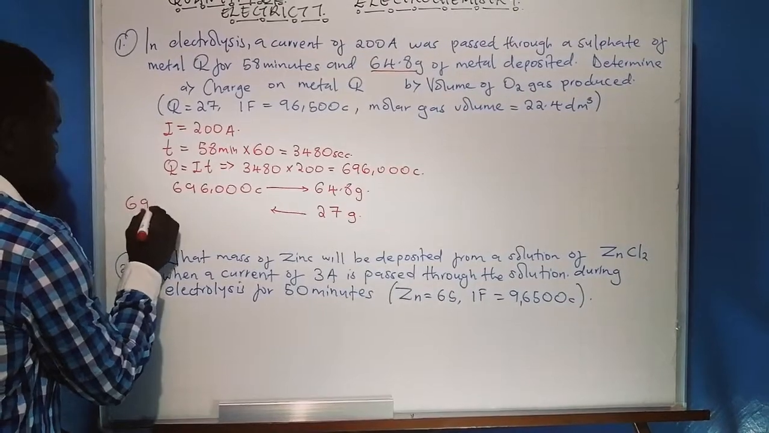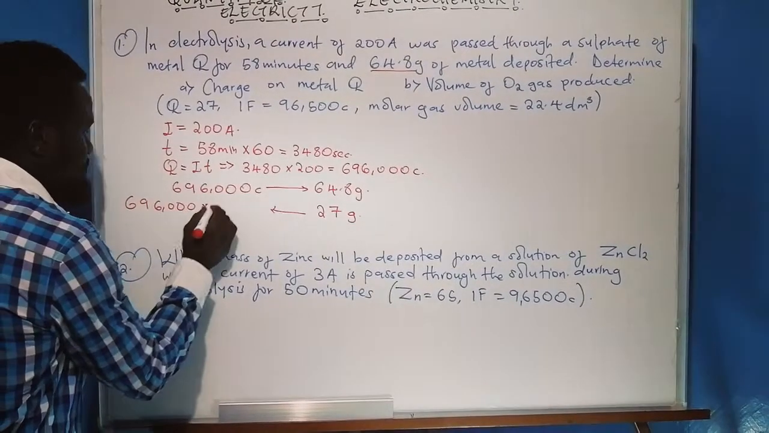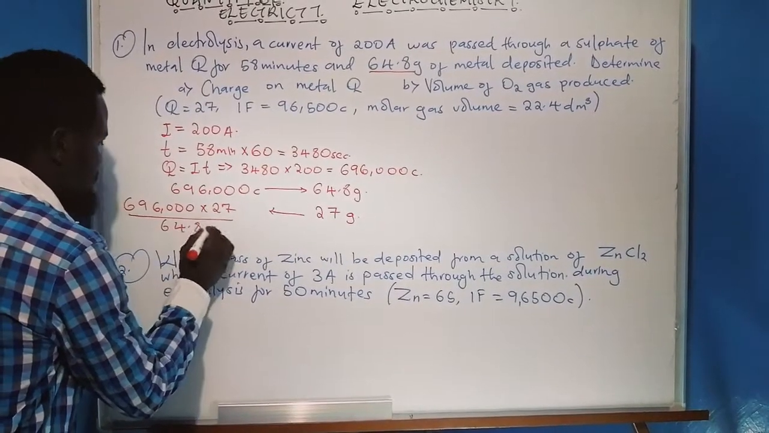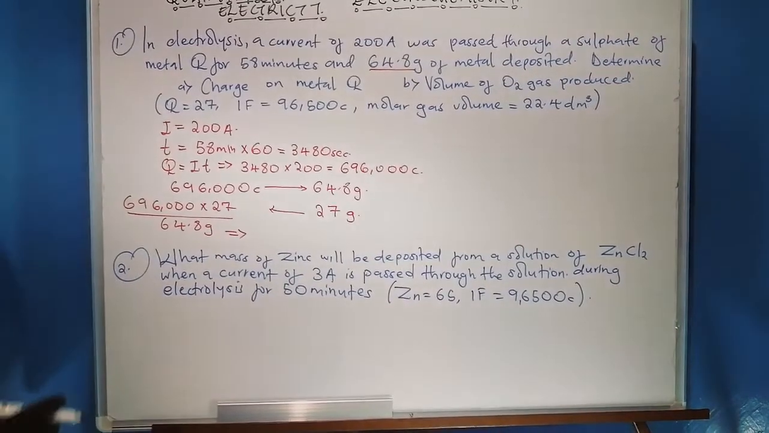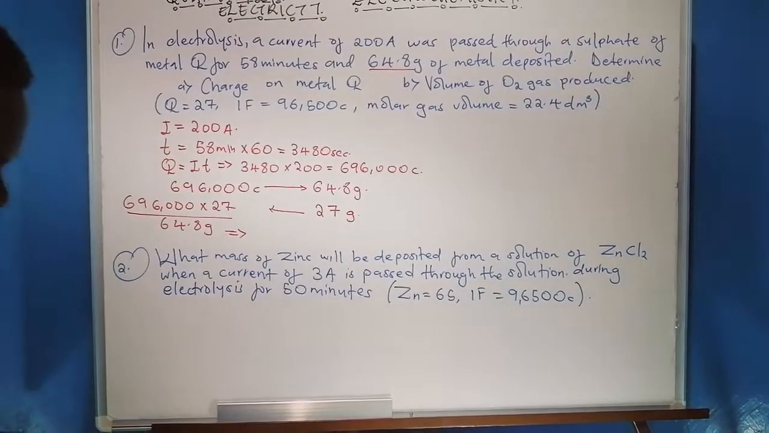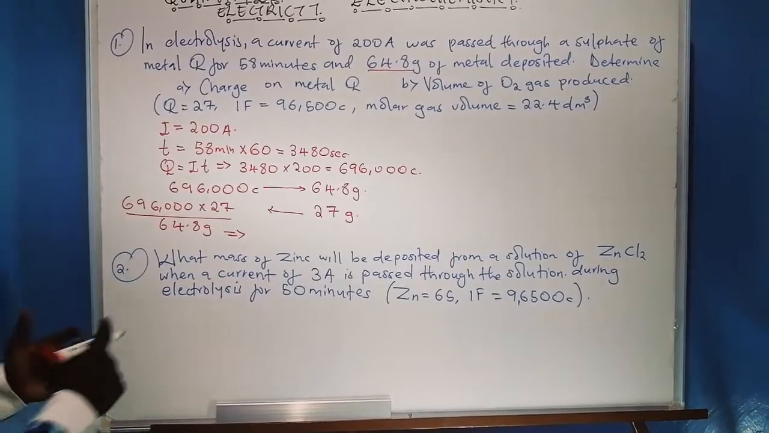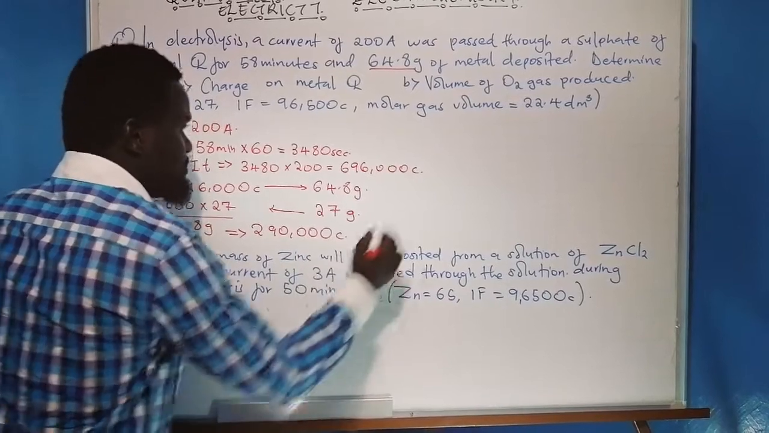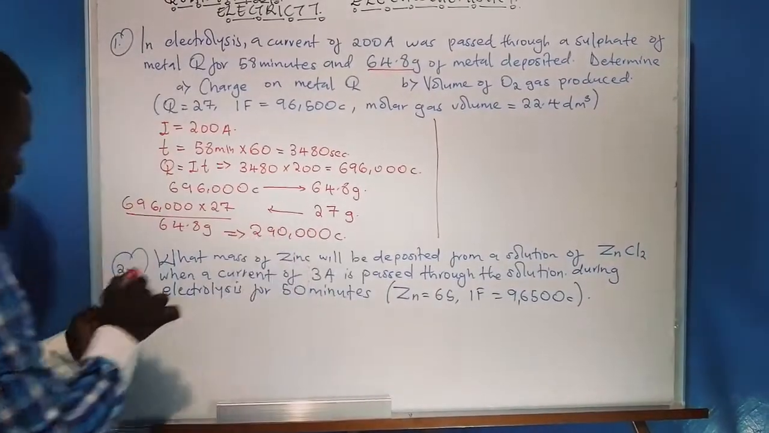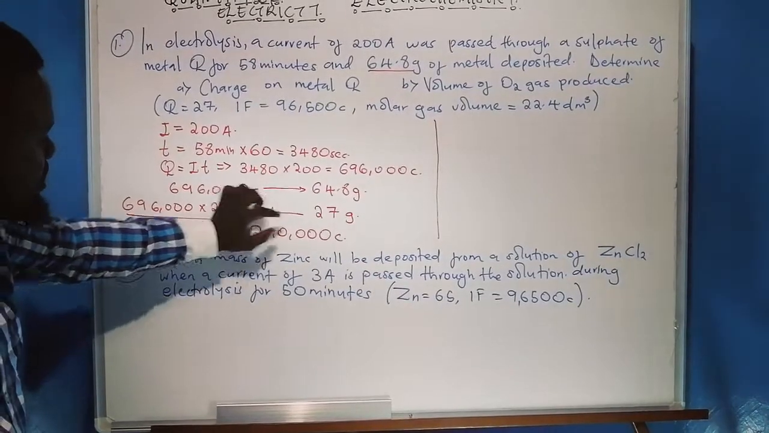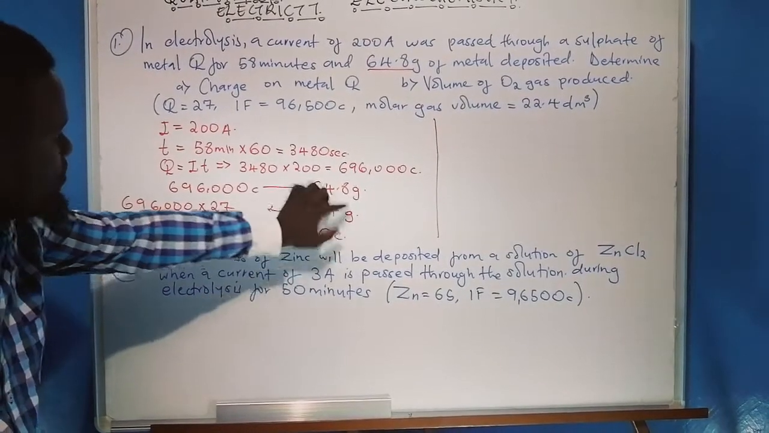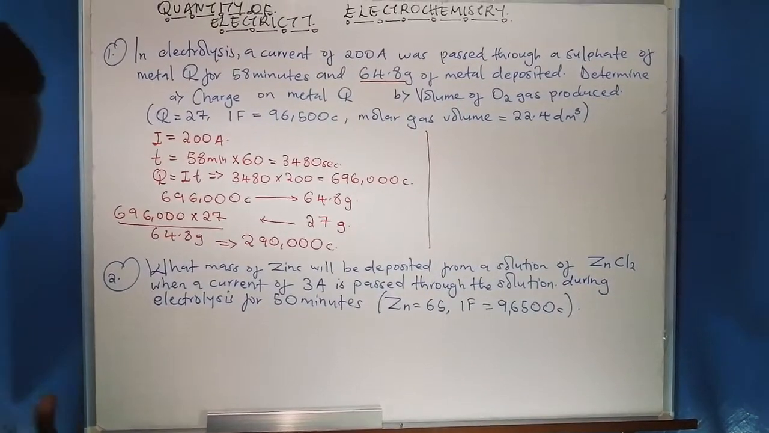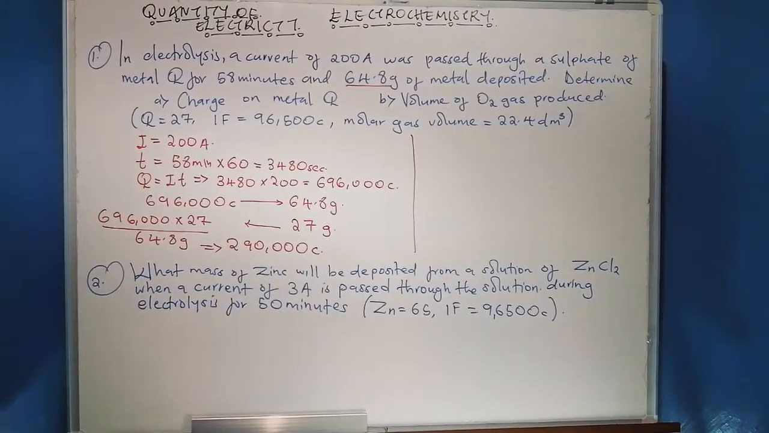It will be 696,000 times 27 divided by 64.8 grams. That one will automatically give me 290,000 coulombs. So if I have this one in mind, this is the quantity of electricity that 1 mole of Q will be deposited. Now, having such a figure in mind, there is also one thing we need to identify,